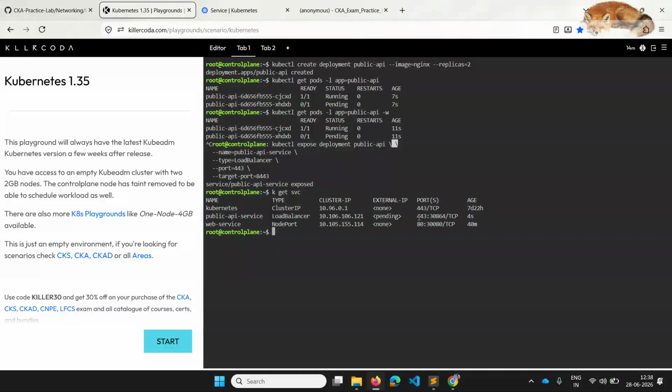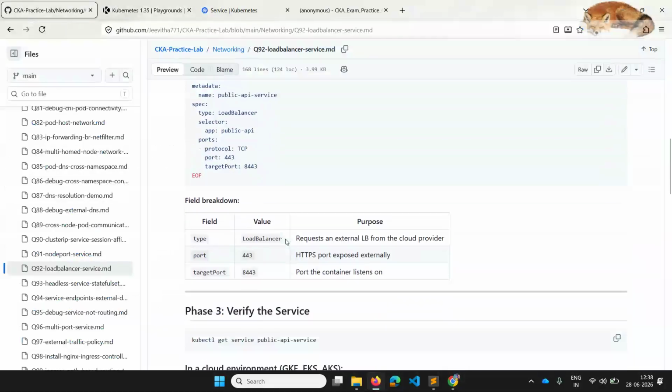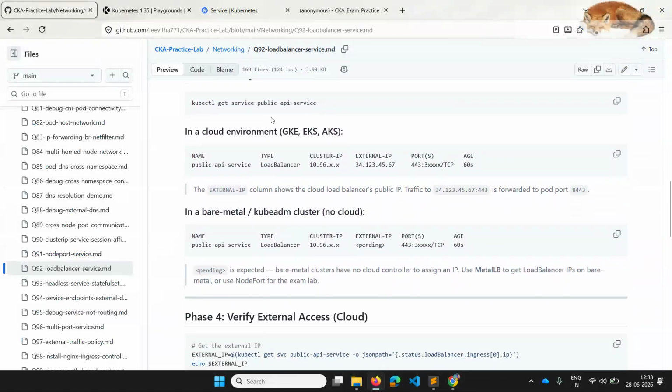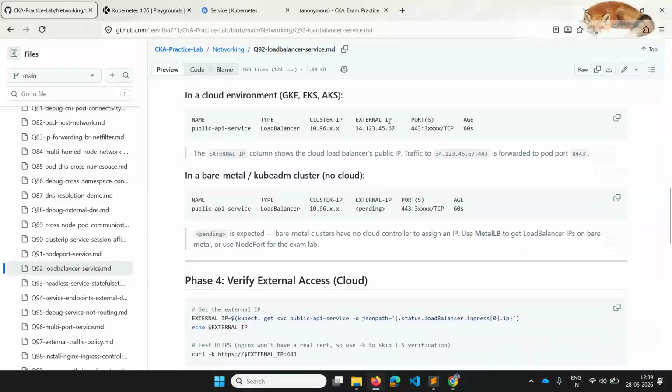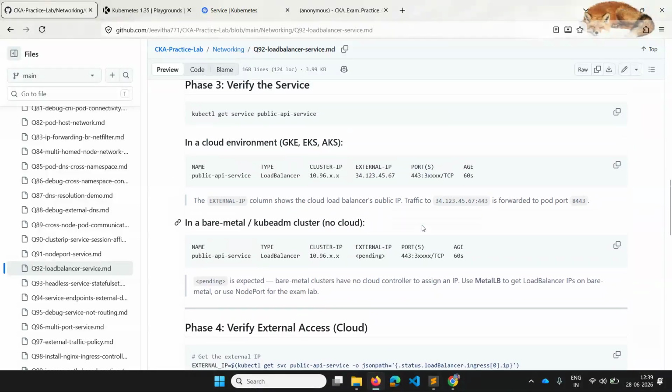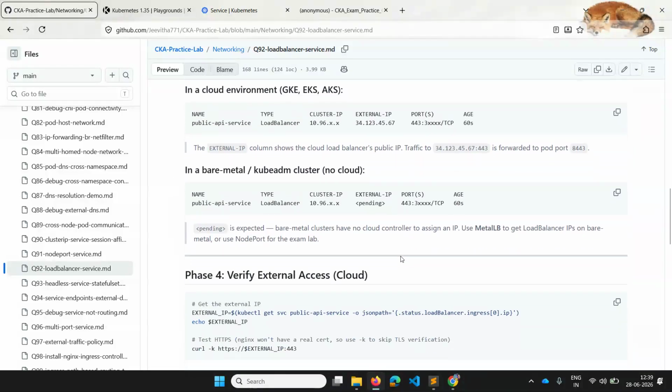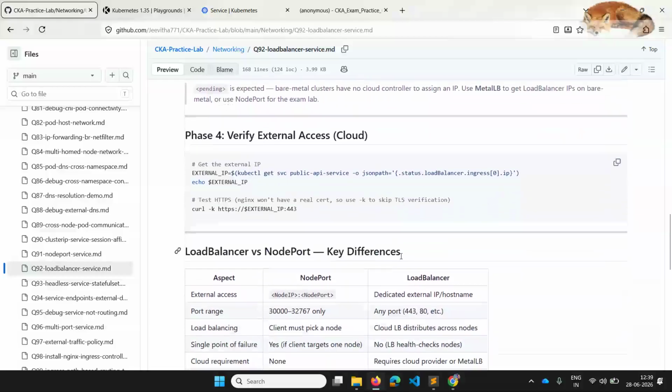So the ports will be open, the external IP is called on this port, and it can transfer the traffic to this port of the node, and from there to this port of the pod. That's how it works. And we can verify that we didn't get the external IP since we don't have that here.